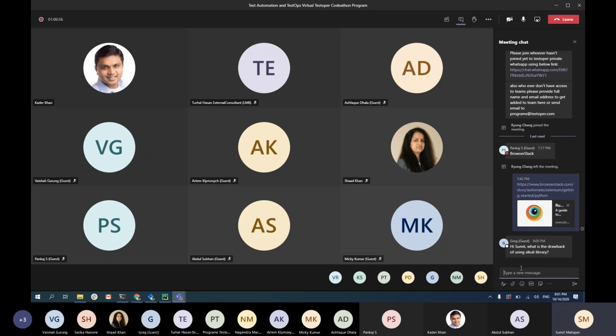What Sikuli does is it looks at the image that you have stored and looks for the same image in your device, or your Windows app, and clicks on it. It's very hard to maintain. The only drawback is that you have to continuously keep changing your benchmarks, or the elements that you want to click on. And the validation also becomes a little difficult because you have to replace all those files